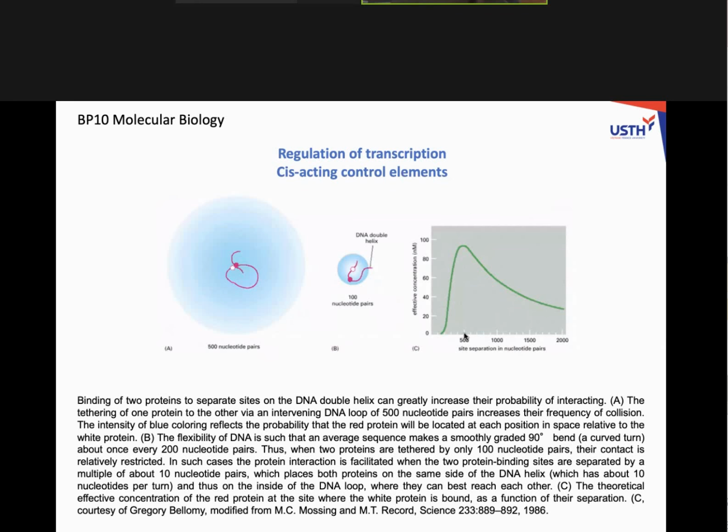I told you if the two sites are separated by 500 base pair, there is total probability that the two proteins can get in contact. After, if you extend the distance between the two sites, the probability is reducing slowly. After, from 500 to 100 base pair, it was dramatically dropping because of the constraint of bending of DNA, because